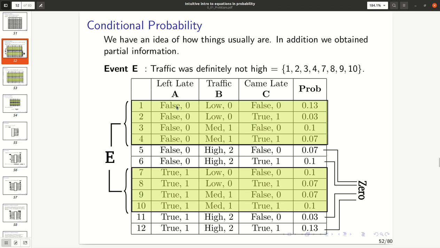So how to populate the new table with the updated information? Is it sufficient that we just remove these 4 rows? The answer is no, because the main condition on a probability distribution is that the probability values in the last column should sum up to 1. If we remove these 4 rows, then this condition will fail. Hence we have to do something in addition.